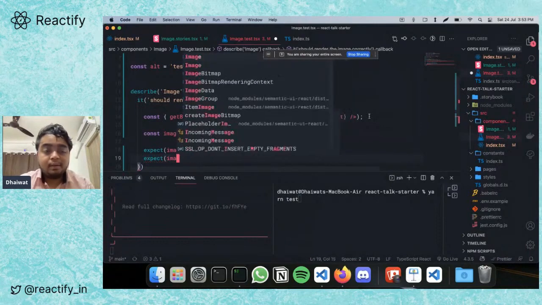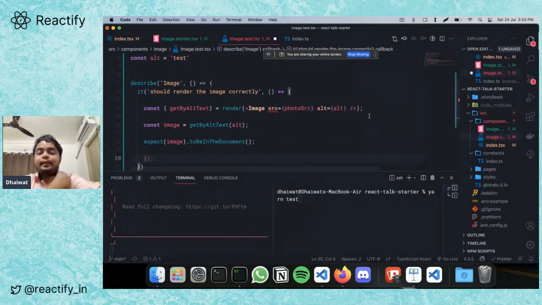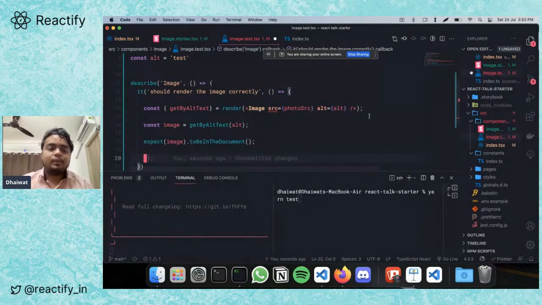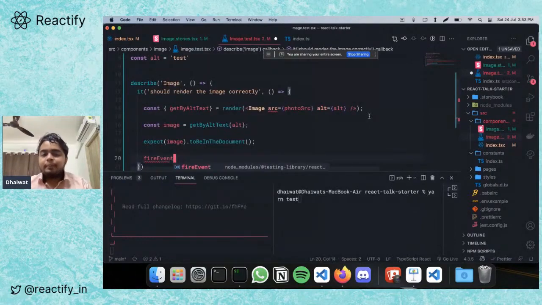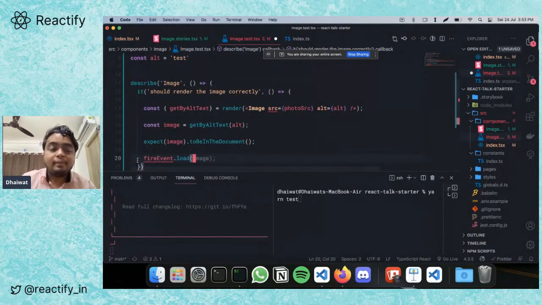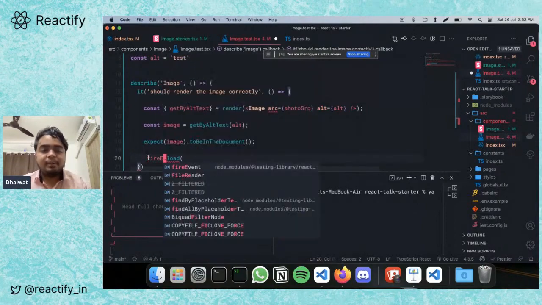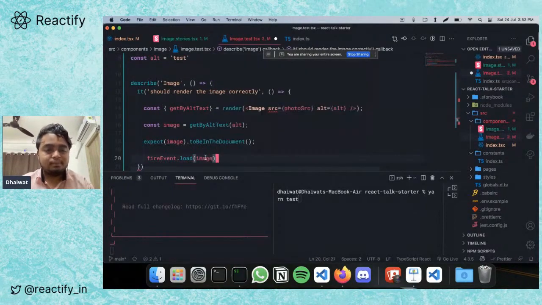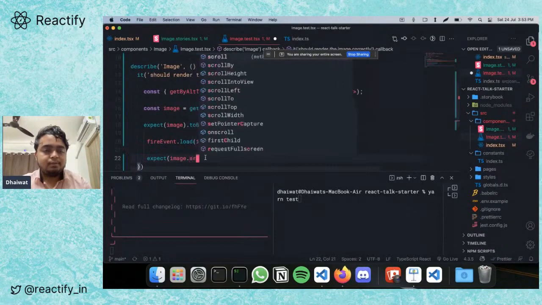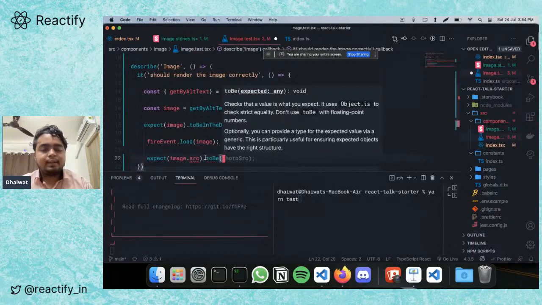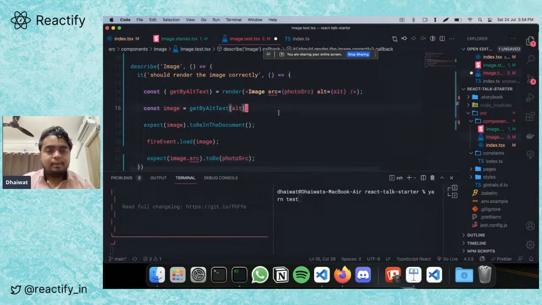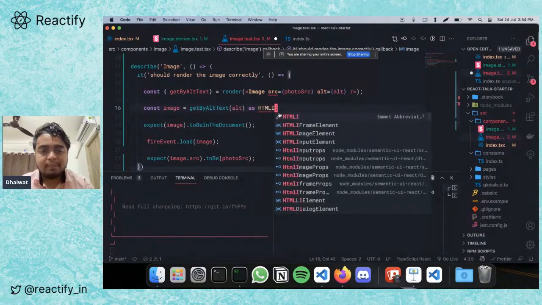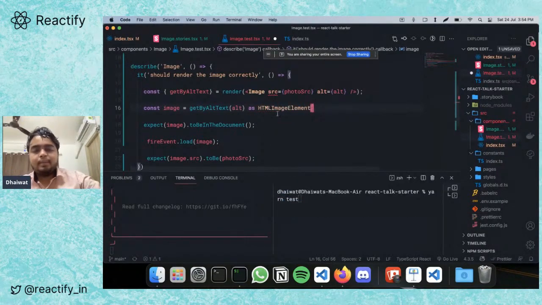And now there's a little catch here. When you're using React Testing Library, especially when you're using images, you have to load the image manually. You have to fire the onload method, I guess it is, in JavaScript. So it might seem like this is pointless, but it will help us shortly. It will make sense soon why we are doing this. And only now we'll check the SRC is correct. Now, to make sure TypeScript doesn't complain, it's now happy.